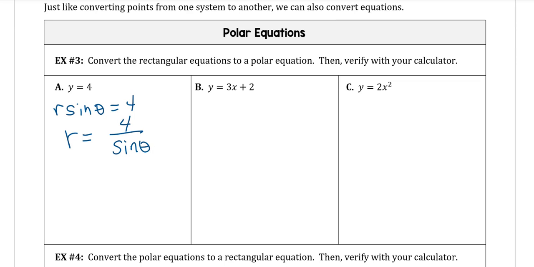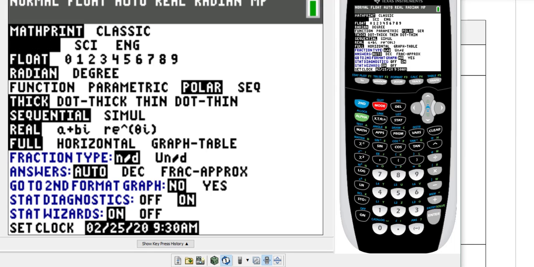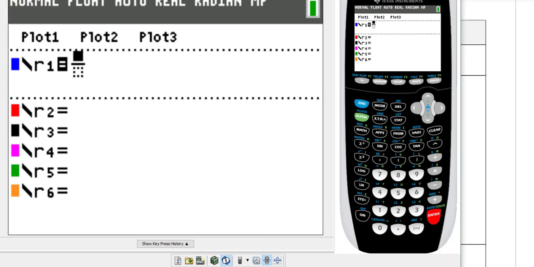And I will check the first one real quick. So if you have an 84, you want to go into mode, and you want to make sure that you change your calculator to polar on this line where the blinking light is, which I've already done. If you have an Inspire, you just go under menu, number 3, and choose polar as your option to write your coordinates. So when you do that, when you go under y equals, you now have an r equals, and your variable key will put theta in. So we have this equation, then we're putting in 4 over sine theta,